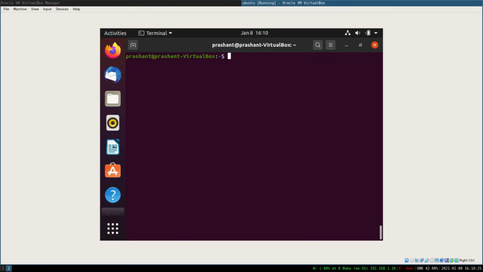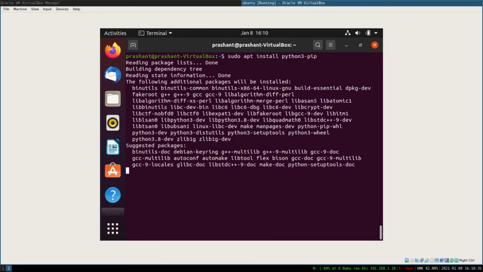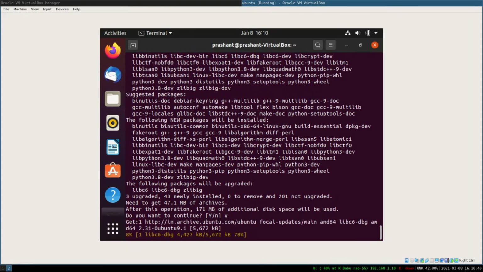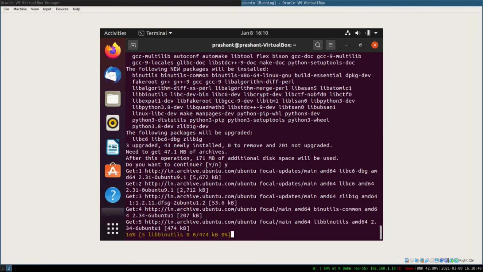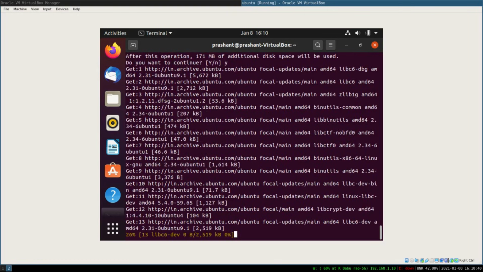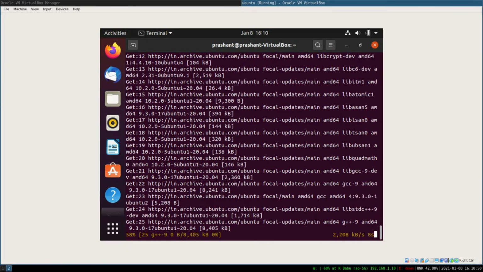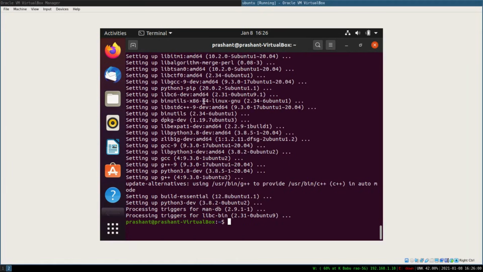To install that, you need to say apt-get install python3-pip. This will take some time to install. Let me skip to the last part. Yeah, so we have installed pip3.